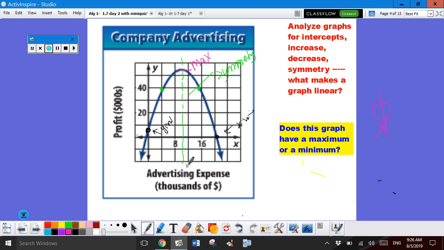So if they spent, let me rephrase that. My middle is going to be approximately 10, okay? So when I spent $10,000 on advertising, my profit would give me a maximum of approximately $55,000. Okay, so